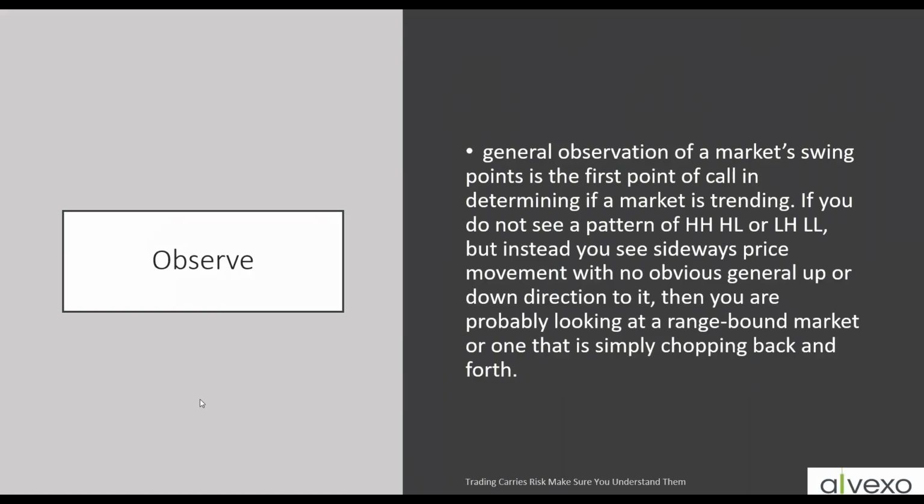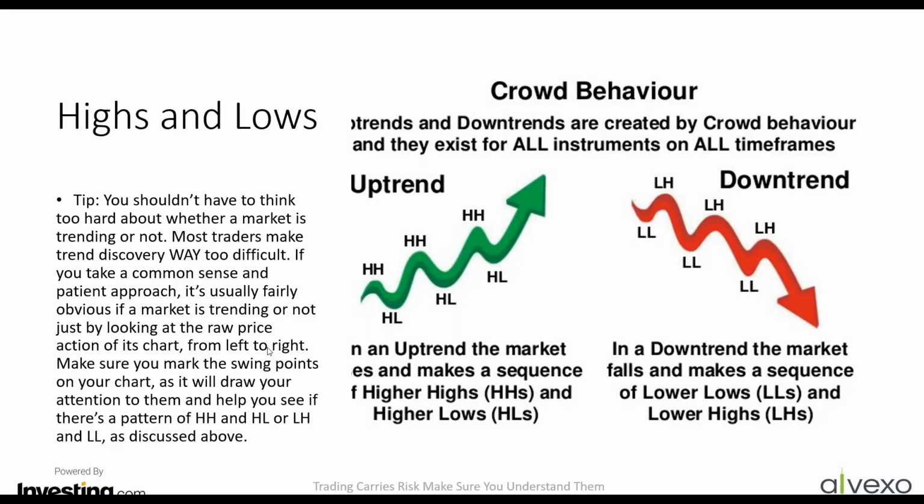So, like I said, the first thing we want to do is observe. We want to find assets that are forming this well-developed uptrend or downtrend. So you shouldn't have to think too hard about whether a market is trending up or not. Most traders make trend discovery way too difficult. If you take a common sense and patient approach, it's usually fairly obvious if the market is trending or not,